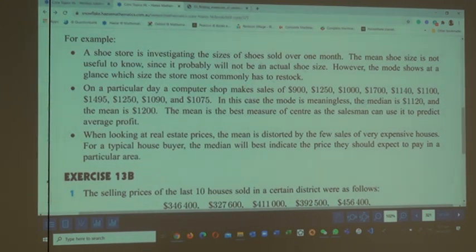Then you can say, okay, in that case, I need to restock more of size 7 because people with size 7 shop here a lot, or people in this neighborhood buy this a lot. You can't be talking about the arithmetic mean in that regard because that could even be a decimal. So the mean shoe size is not useful since it's probably